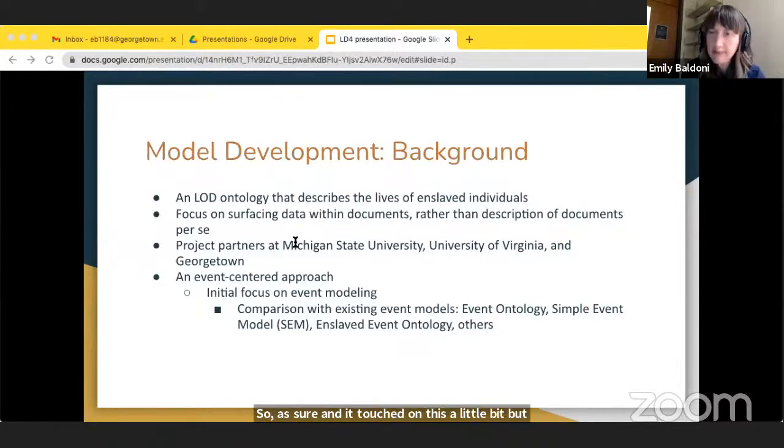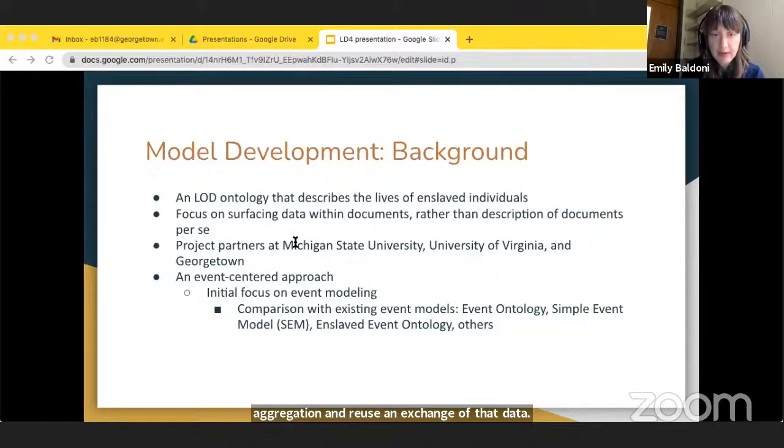As Sharon already touched on this a little bit, but just to give you a little bit of additional background on the project. On These Grounds is a Mellon-funded project focused on building a shared descriptive approach for archival collections that are related to slavery at institutions of higher learning. And one of the primary goals of that project is to create a linked data model that facilitates the aggregation and reuse and exchange of that data.